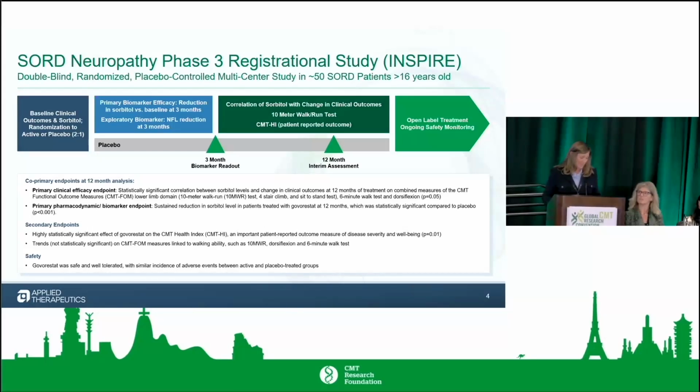So the trial continued, and then there was a 12-month interim assessment that looked at the correlation of sorbitol on outcomes, clinical outcomes, the CMT FOM and lower limb measures, which is the 10-minute walk-run test, 6-minute walk test, dorsiflexion, and sit to stand. There was a statistically significant correlation of sorbitol on outcomes,